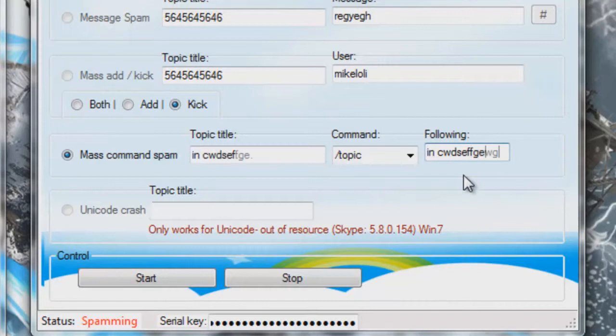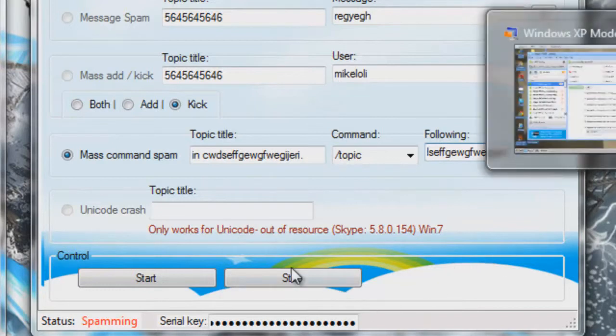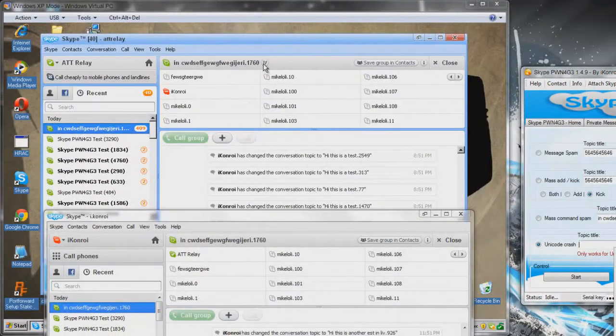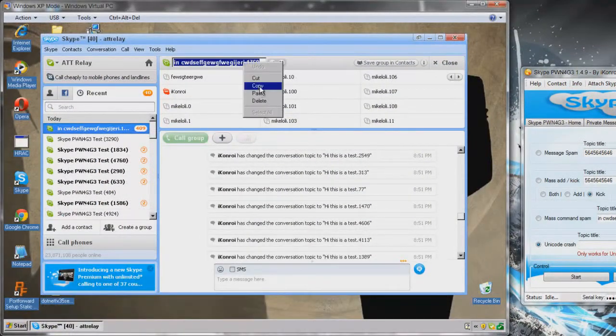And then this is just group Unicode crash. Nothing really too special. Go ahead and copy this. It may not be the same clipboard, hopefully. Oh, there we go. And yeah, like I said though, this is the same thing. It's just Unicode,